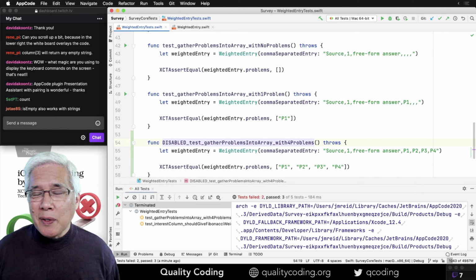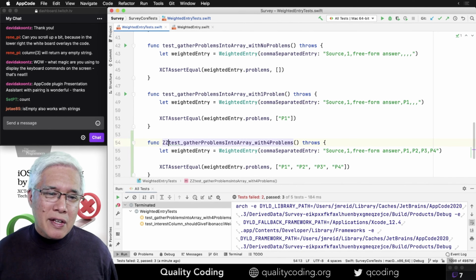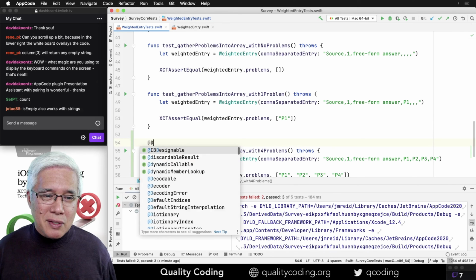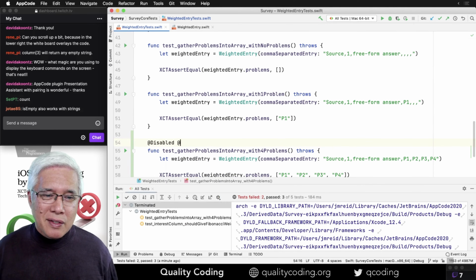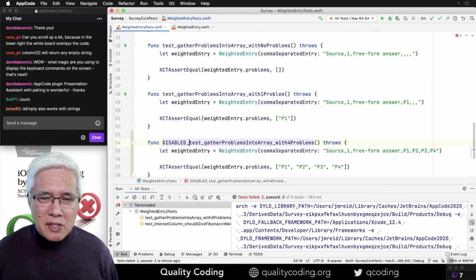It doesn't matter what you put. It can be anything, as long as it doesn't start with TEST, it will not be picked up as a test case. Really, what I want is this. I don't want to have to say test on everything, but we do. So let's disable it because I'm not ready to go there.